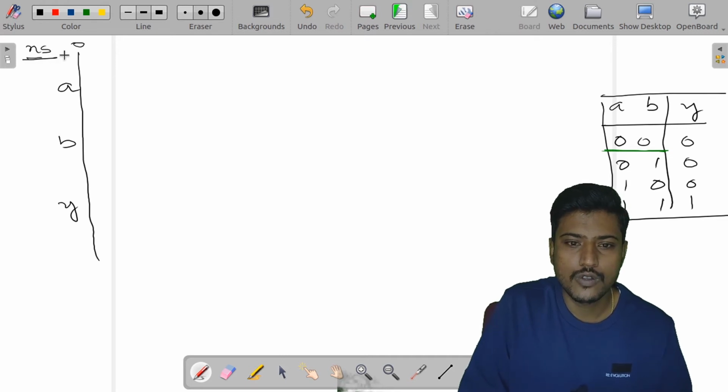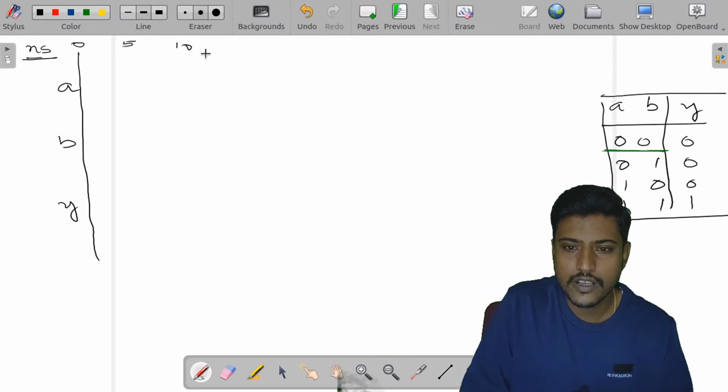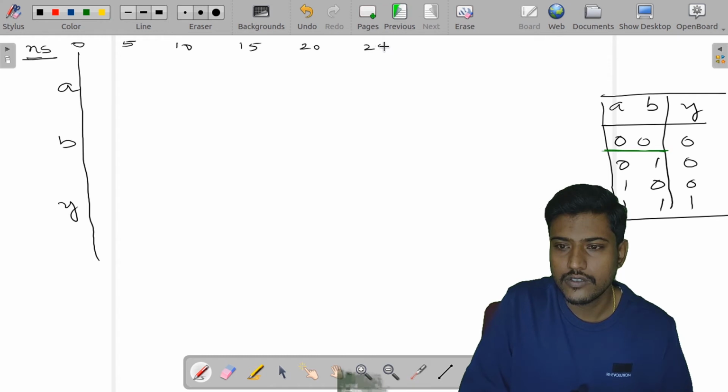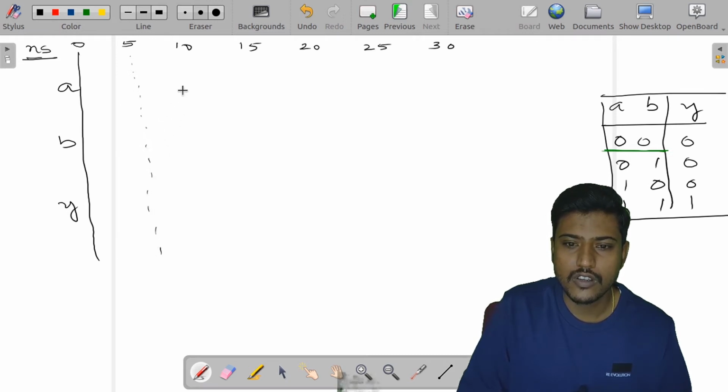So the initial timing is 0 nanoseconds, and then after some time it is going to be 5 nanoseconds, then 10 nanoseconds, 15 nanoseconds, 20 nanoseconds, 25 nanoseconds, and then 30 nanoseconds. So let us see that these are the different timing simulations.